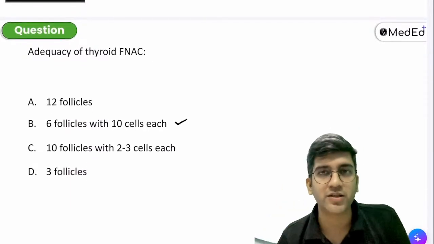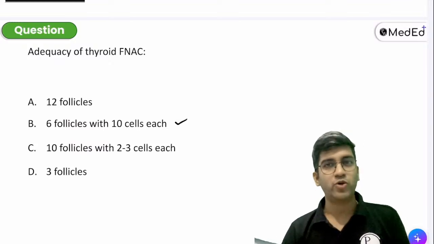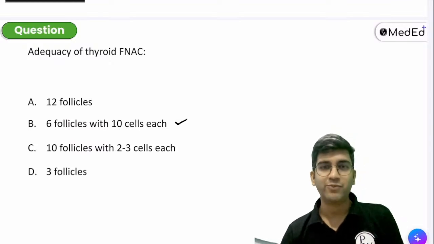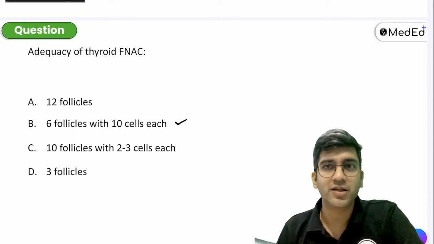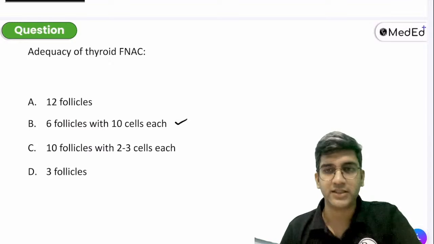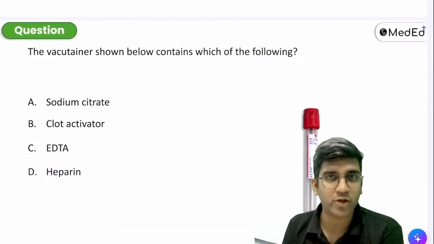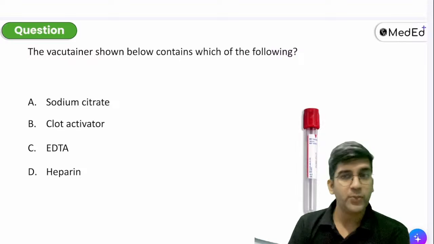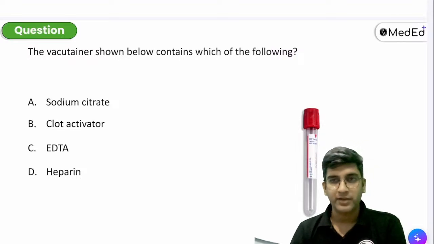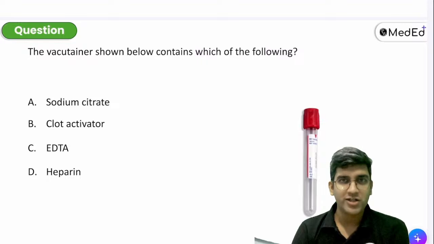One repeated question: which disease cannot be differentiated or diagnosed on a thyroid FNAC? I'm sure you know that, which is follicular carcinoma of thyroid. You cannot diagnose or differentiate it on a FNAC of thyroid, right? Perfect, great. Okay, this again is a very repeated topic. Follicular carcinoma or adenoma, we cannot differentiate that, right? Okay, perfect.